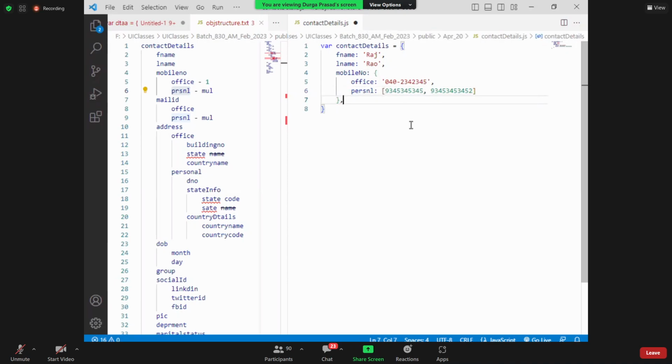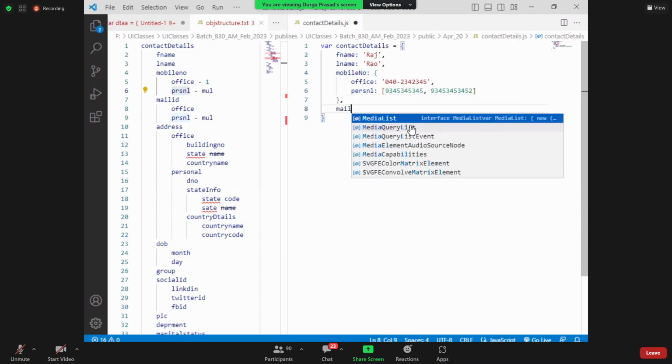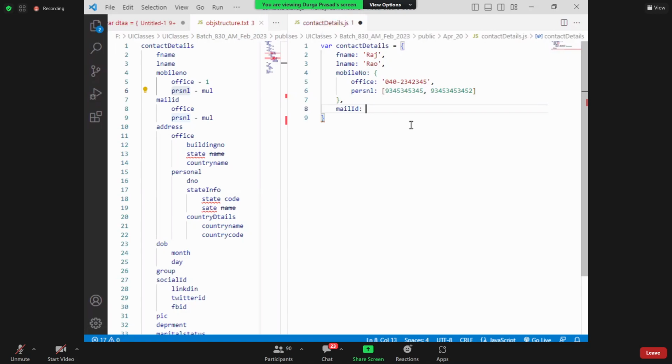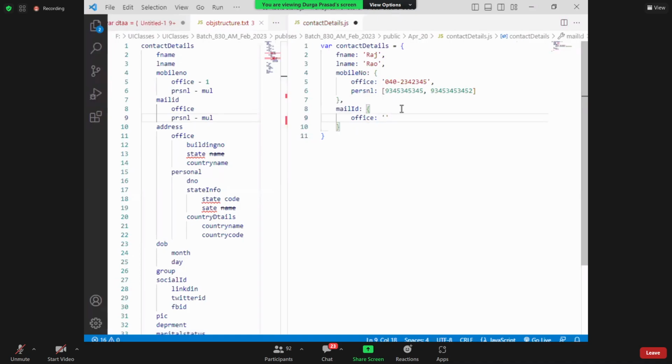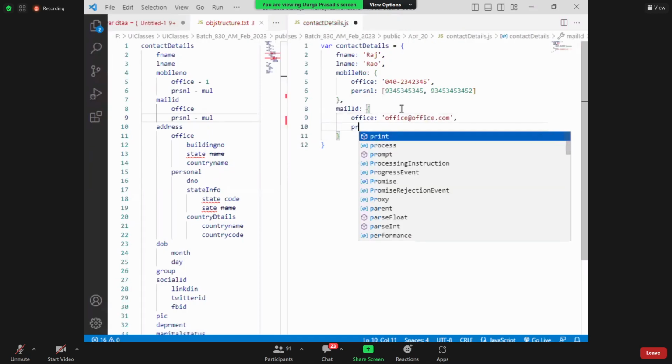Next, mobile number is done. Now, when I say mail ID, what should be the data structure of mail ID? Everyone, string or JSON object? JSON object, because under mail ID, I need to store another key called as office, another key called as personal, isn't it? Now I need to say another JSON object. I say something called as office, say some office@office.com. Okay. In the same way, when I say personal,